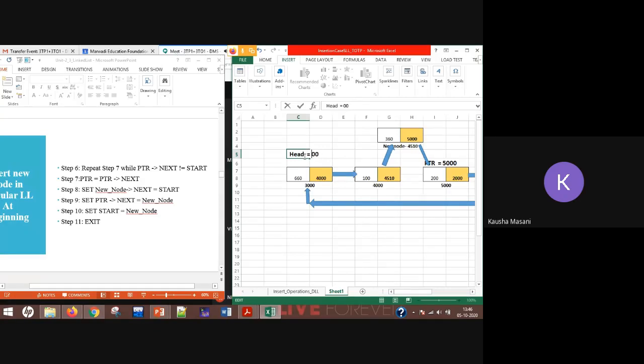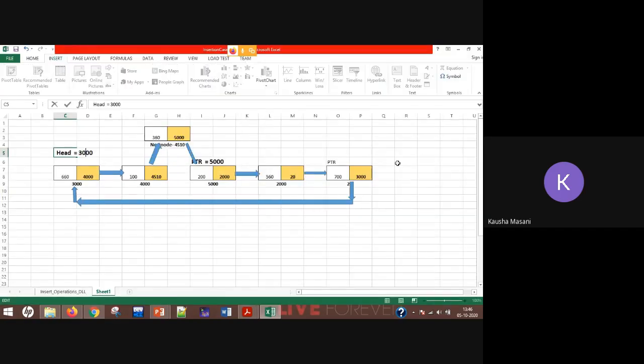What is the new node value? 3000. So you see my circular linked list has been created with new node insertion. Clear? Yes or no?